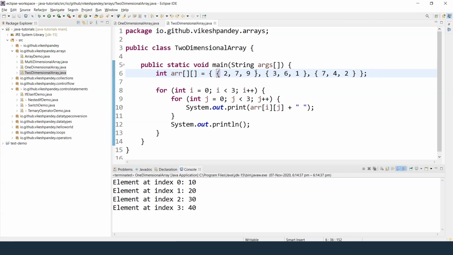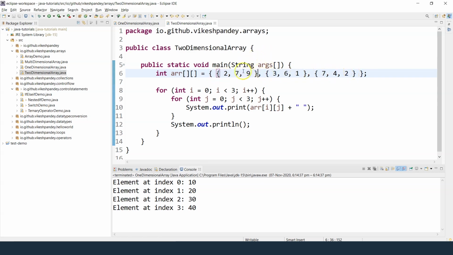Remember to declare the rows inside the nested curly braces, and whatever elements you have will automatically be indexed as columns. Another thing to remember is that since this is an array data structure, everything starts from 0 and nothing starts from 1. So this will be row 0, this will be row 1, and this will be row 2. I'm talking about the position.